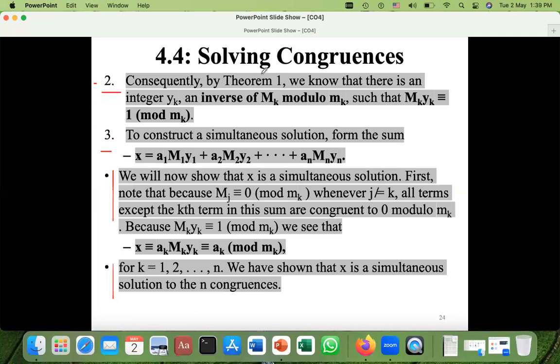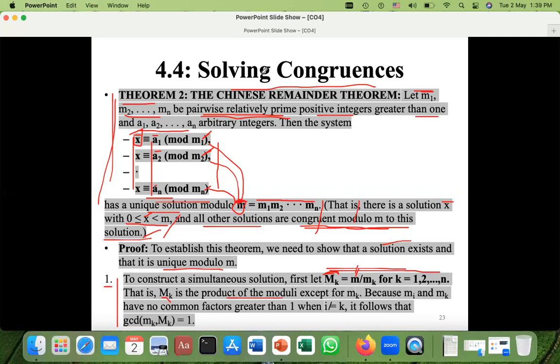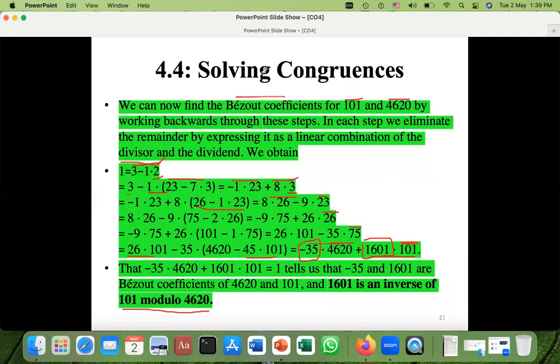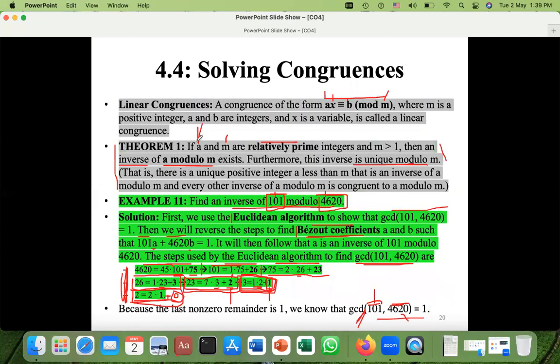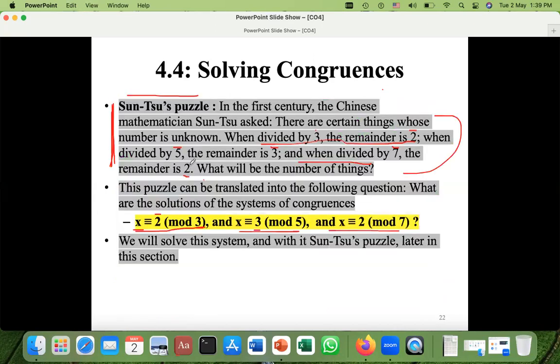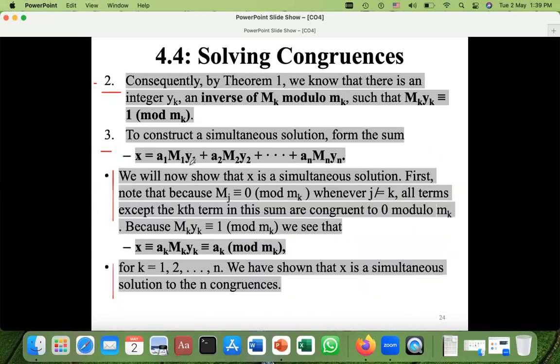Now, what is step 2? According to theorem 1, what is theorem 1? Theorem 1 is this one: when A and M are relatively prime, there is an inverse. Okay, so now step 2 is that you have to find the inverse. What is step 2 of this Chinese remainder theorem? You have to find the inverse